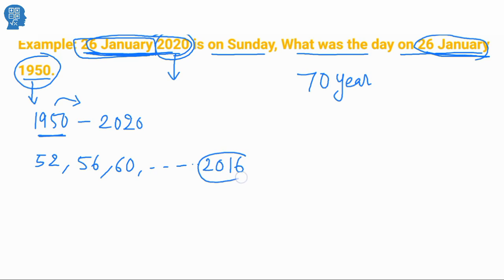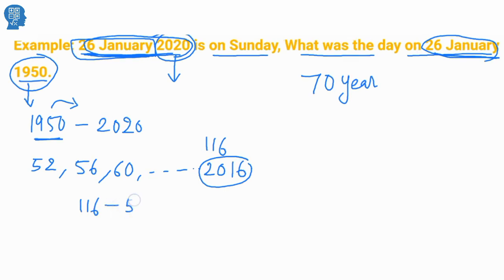This 2016 we can take as it is. Crossing 96, after 2096 we can take 2100. So like this, if you take 104, 108, 112, 116. So as usual, the last number 116 minus the first one 52. How much are we getting here? 64. After getting this value, we immediately need to divide by 4. That gives you the quotient: 4 1s are 4, 4 6s are 24, 16 is coming.